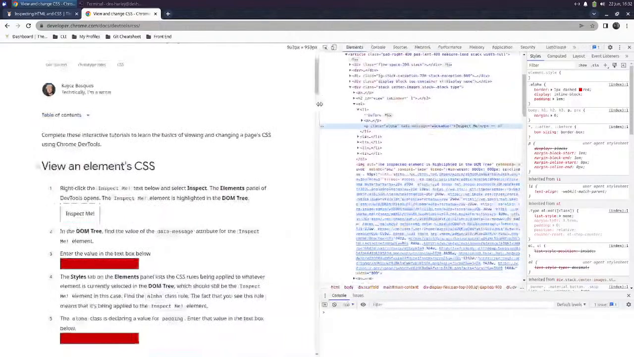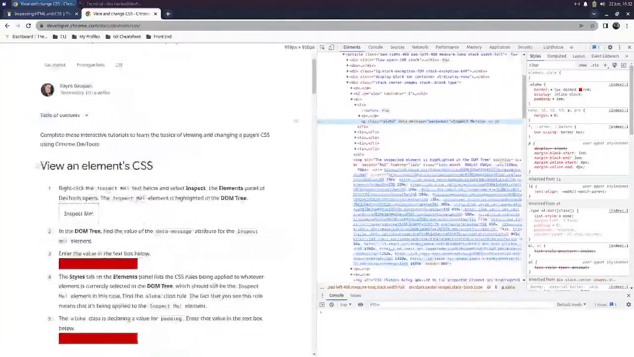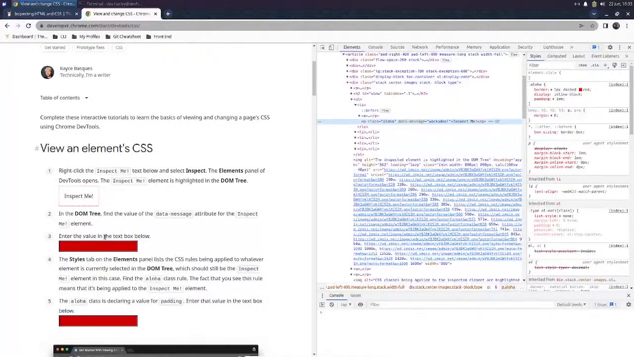Let's actually open this up a little more. In the DOM tree, find the value of the data message attribute for the Inspect Me element. Data message. Find the value. Okay, so now we gotta go find what